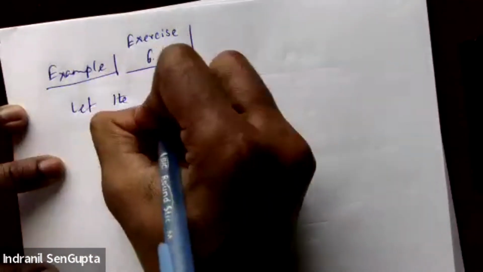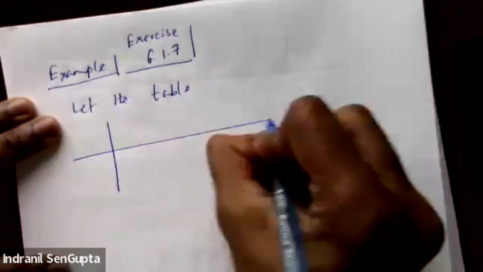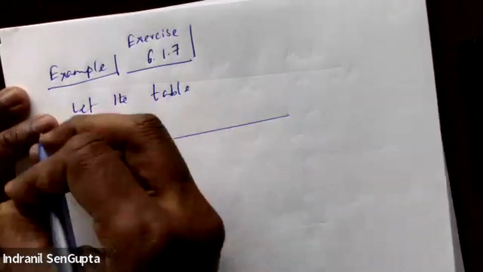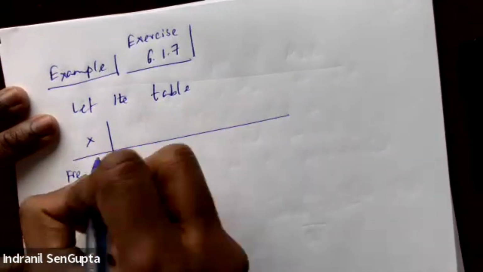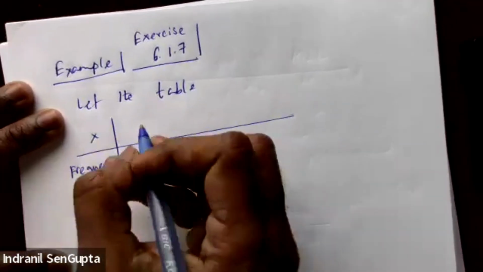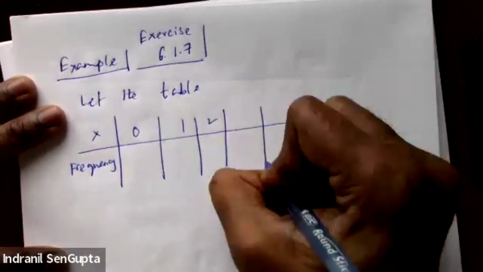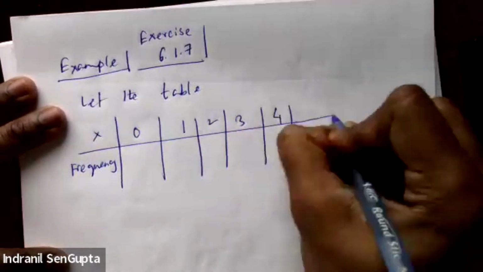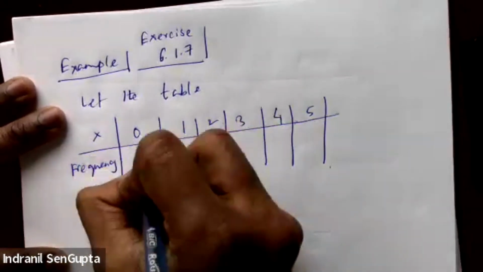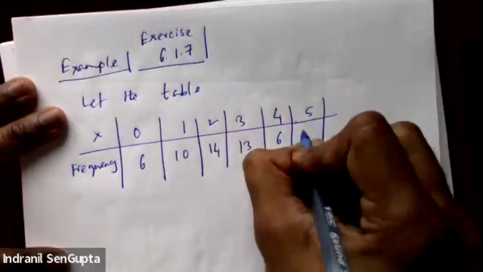It goes like this. Let the table, x and frequency, give you x equals 0, 1, 2, 3, 4, and 5 with frequencies 6, 10, 14, 13, 6, and 1,